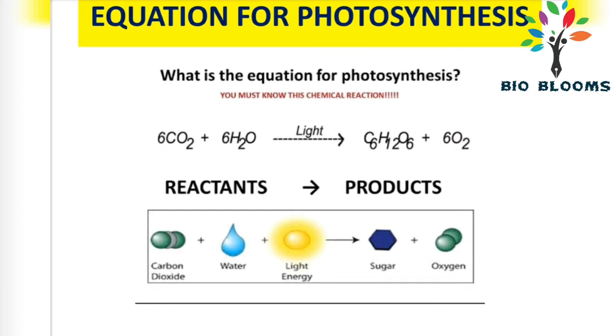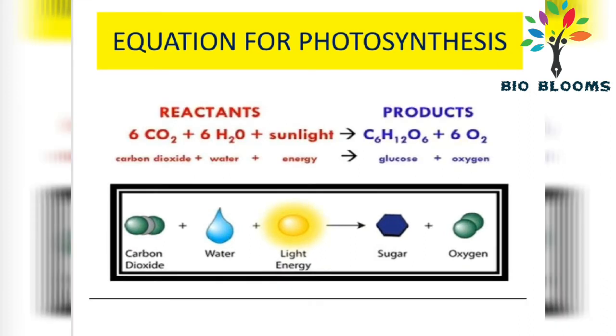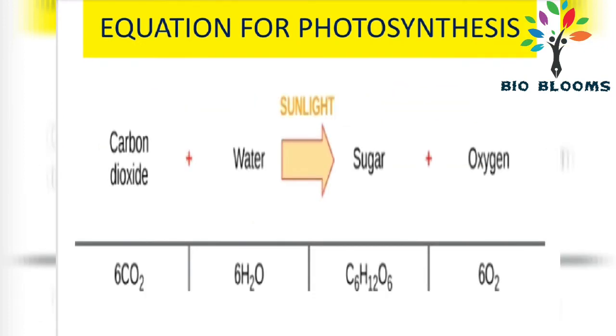So here the question may be asked like this: what are the products of photosynthesis? So you have to answer that glucose and oxygen plus water are the end products of photosynthesis. And the reactants, there are four things: carbon dioxide, water, sunlight and chlorophyll are very, very important for the photosynthesis process. And this equation is also very important. You have to write the equation with the balanced one. So it's very important. Just pause the video and remember all these things.